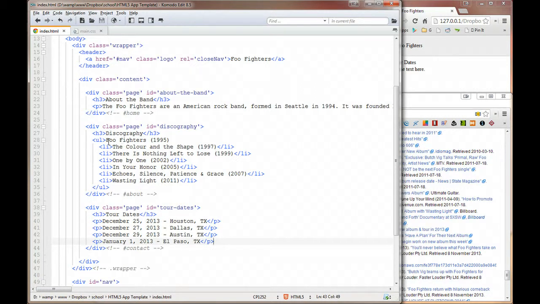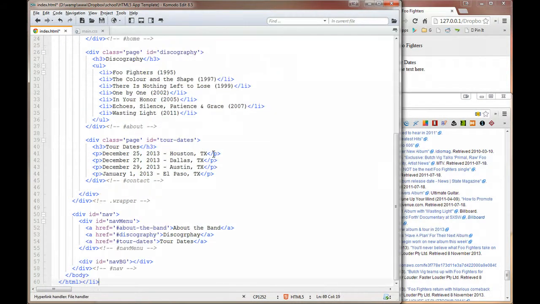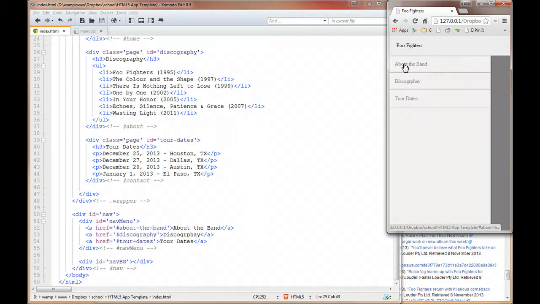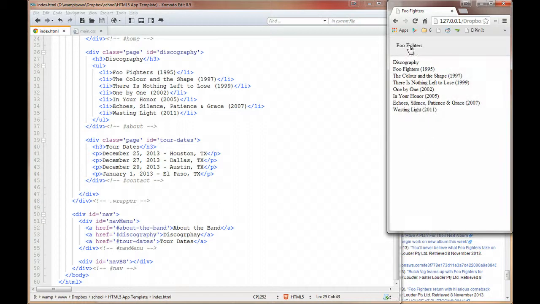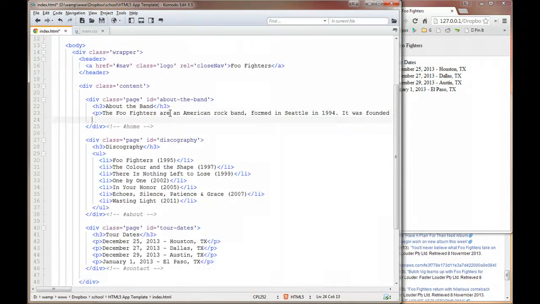You've got 3 pages set up. I put some content inside of here. We've got about the band, Foo Fighters, their discography. Oh, looks like I missed one there. We've got their discography set up. We have some tour dates in here, and this can be a very basic app for a band and what they need. So coming through here and looking at all the different information, we have about the band, discography, and tour dates. Now, if I wanted to come through here and actually make some of this clickable,